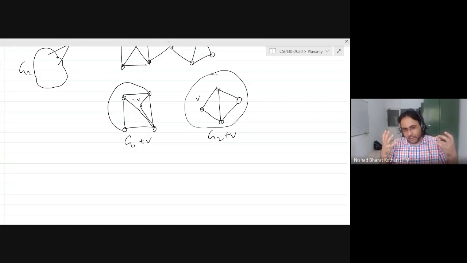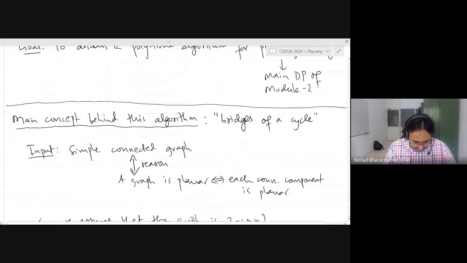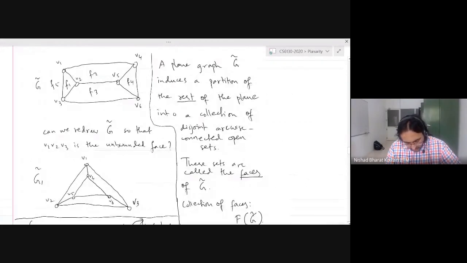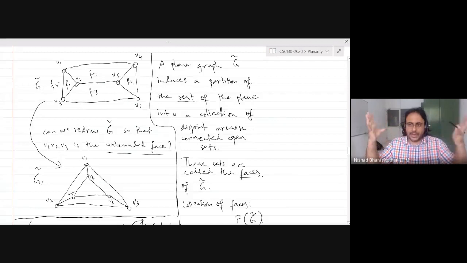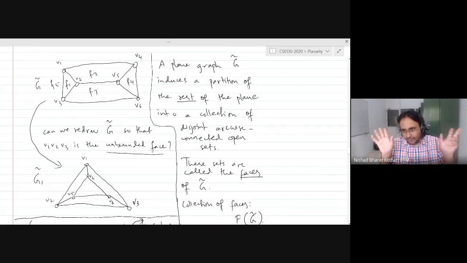Another way to think about it is every face can be made the outer face. You remember this example we studied. Let me go back to a previous example in the last lecture. Remember this drawing. I redrew this to make a certain face the unbounded face, the outside face. This is using the fact that embedding on the plane is the same as embedding on the sphere. So there is nothing special about the outer face. There is no such thing as the outer face. It is really sort of an illusion. You just put it on a sphere, and then they are all kind of the same.